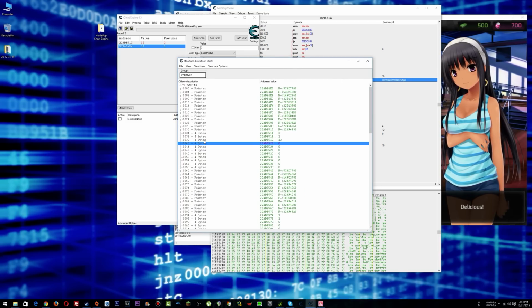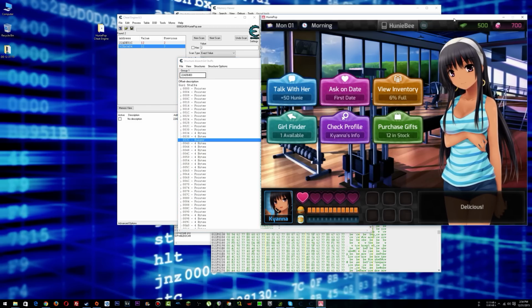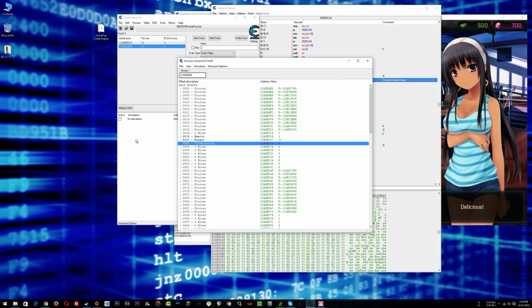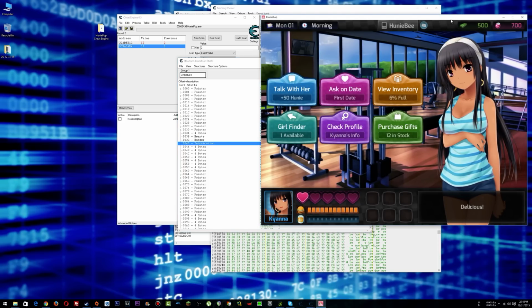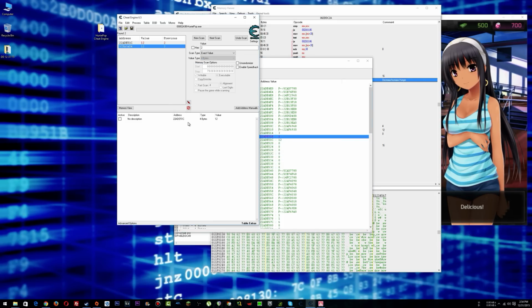Here we say hunger, because we know that's hunger. I know because I've done this before that this one is the hearts. This one is intoxication. And once we save, all this stuff is going to be saved, and we could see it in that XML file, right? So now we could change hearts to 5. We could change intoxicate. Actually, let's do this. Check this out. Since we see what the offsets of this stuff are,